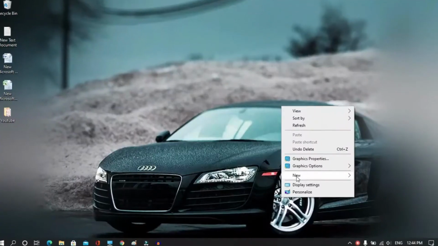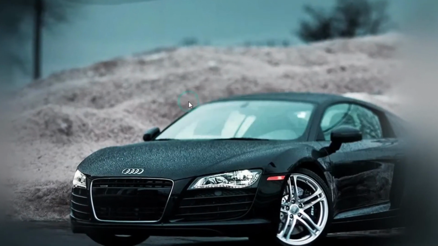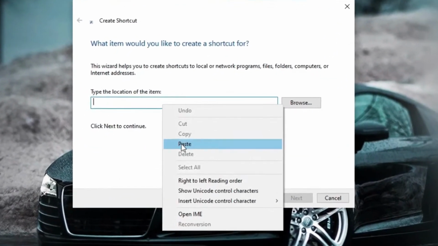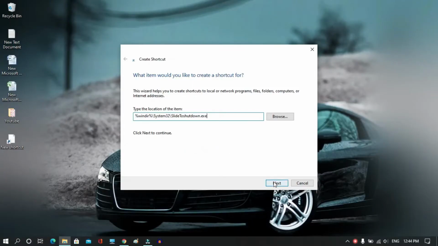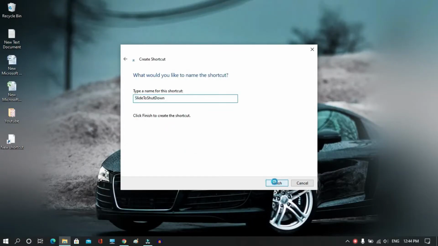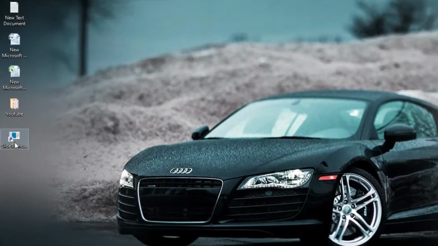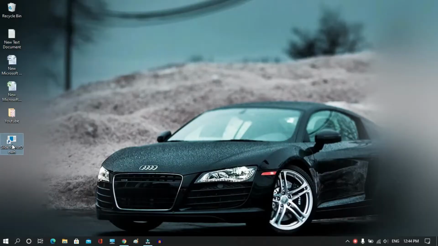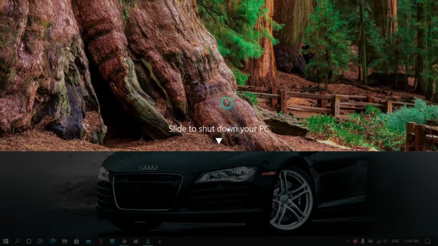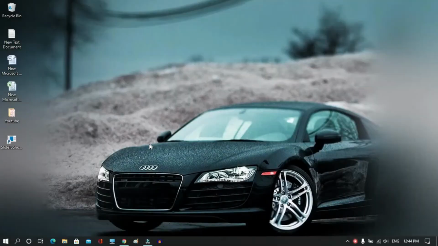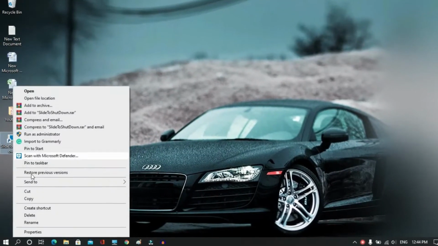To do that, first we need to right-click, then New and Shortcut. We need to paste a command. You will find the command in the description box. Then Next and finally Finish, and you will get a shortcut on the desktop. Just double-click it and slide the PC or laptop to shut down, and to customize it, we need to go